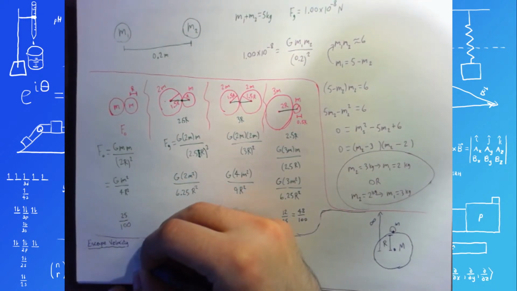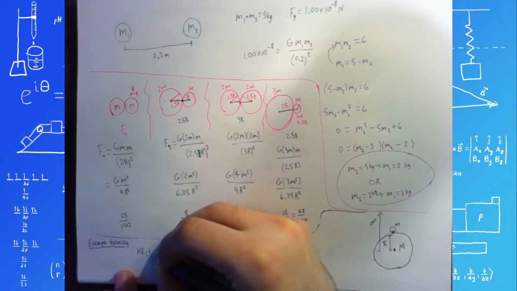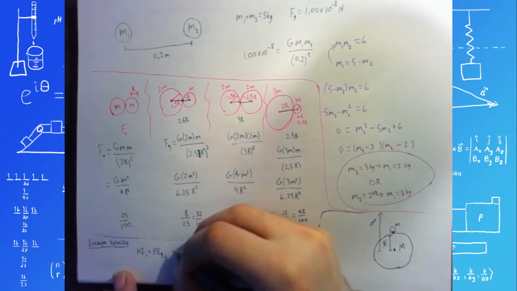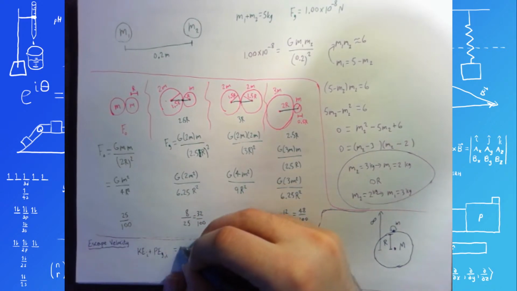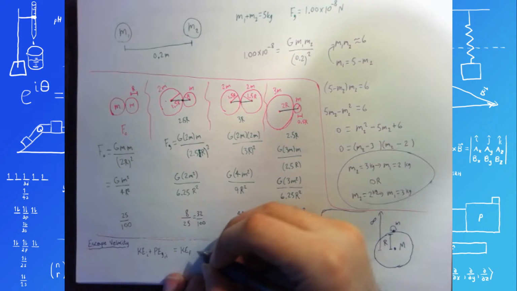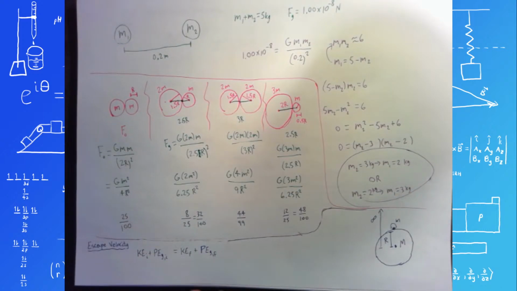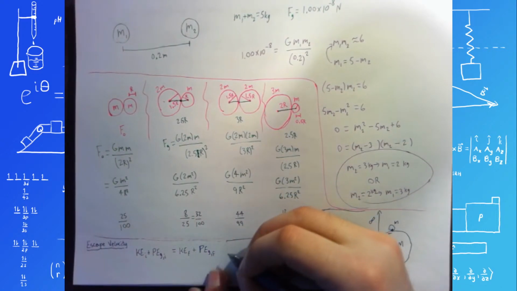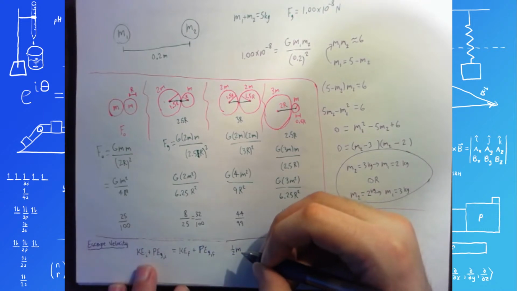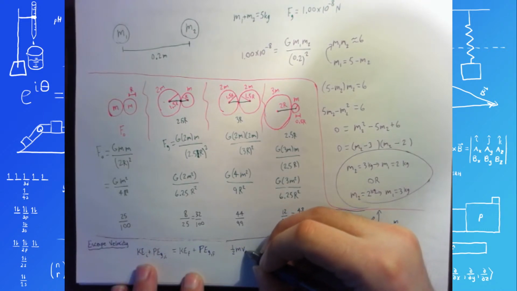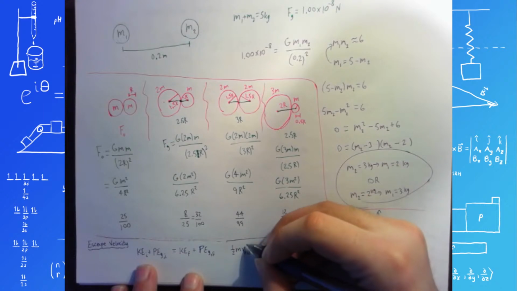So, what we can say is kinetic energy initial plus potential energy gravitational initial equals kinetic energy final plus potential energy gravitational final. So we have 1/2 m v initial squared, which I'm going to call v escape squared,